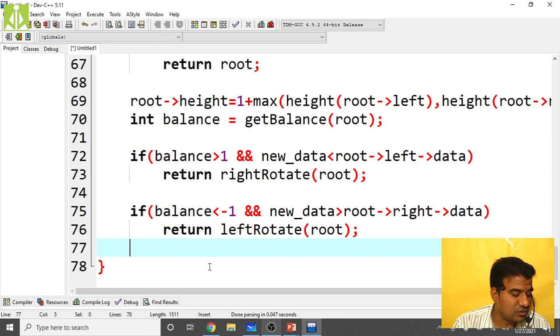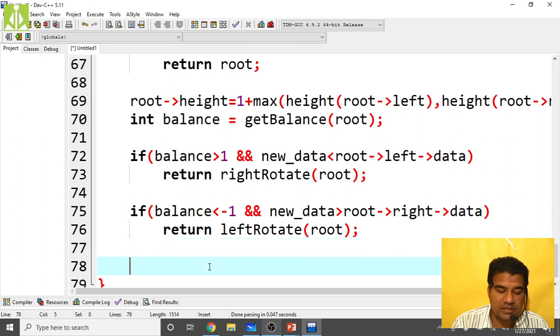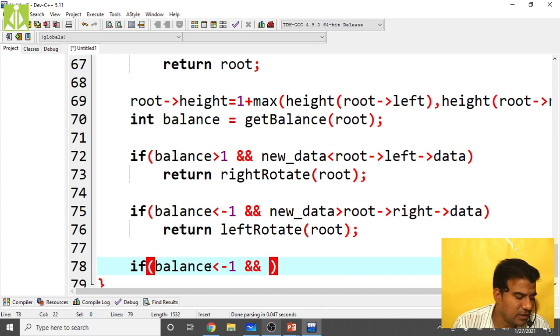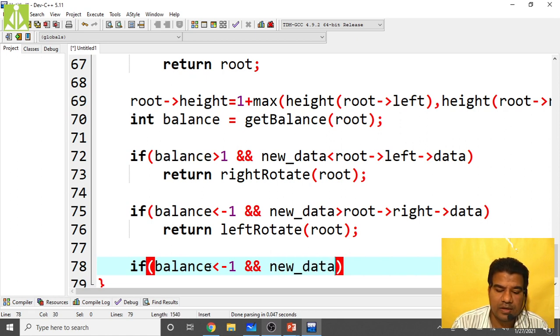So the left right rotation case is, if at all balance factor is less than -1, and new data is less than root of right of data, root right data.